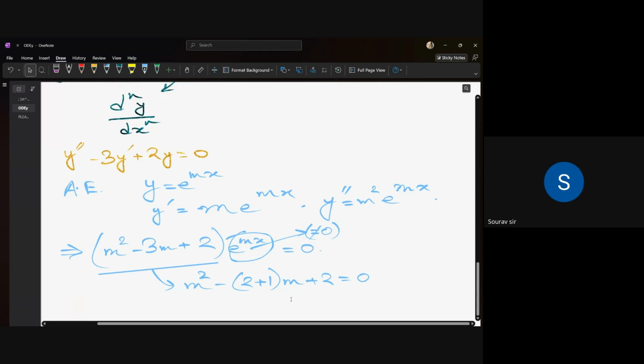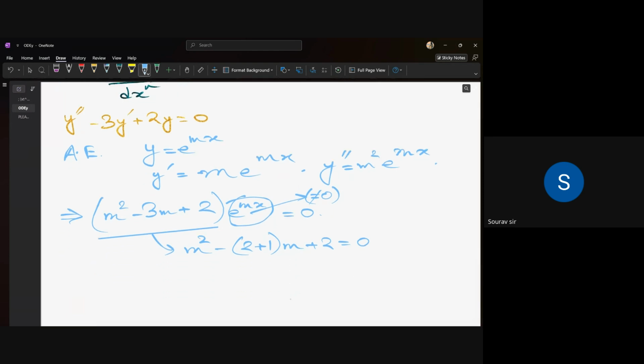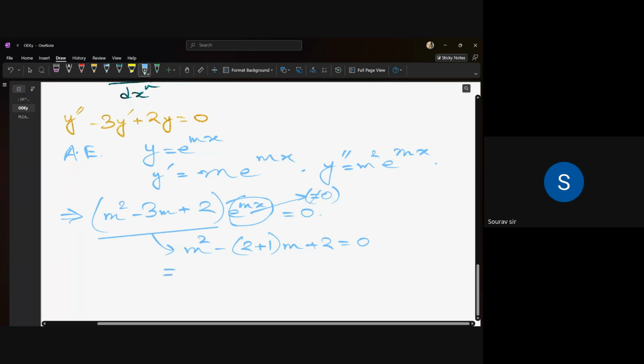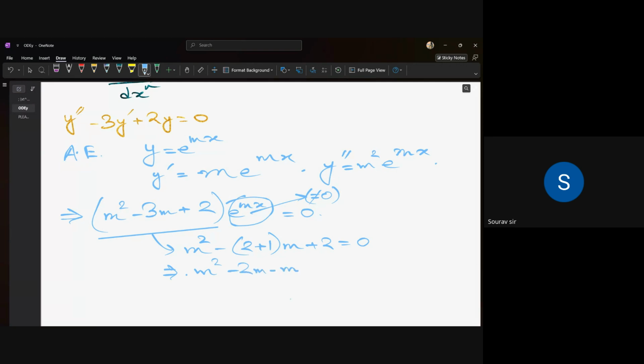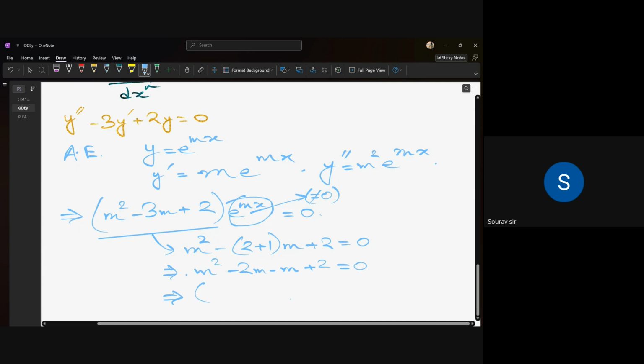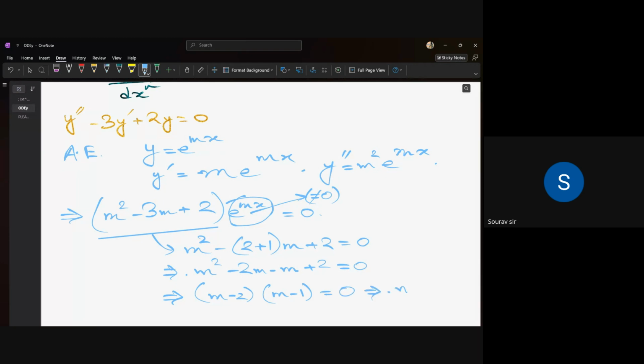So from this, what we will get? So from this, we are getting our m values,